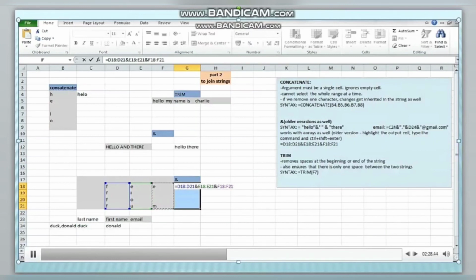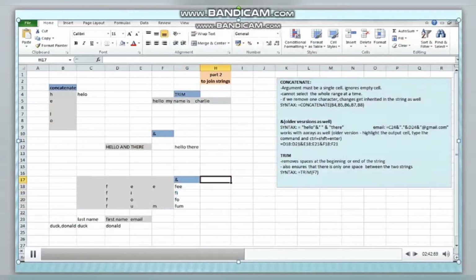What this is going to do is combine all the columns to form a string. So I have to press Ctrl plus Shift plus Enter in the older versions. If you have a newer version of Excel, you can just simply write the command and press enter. It will work well. So I get the output as this.